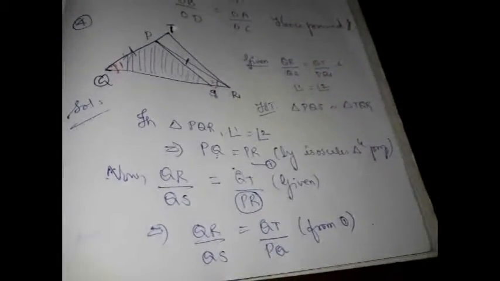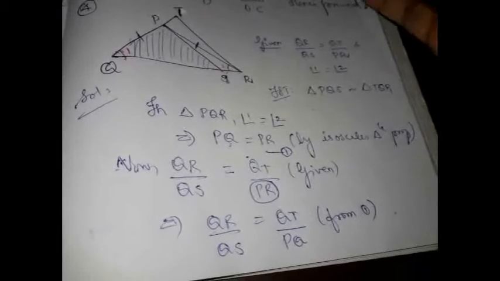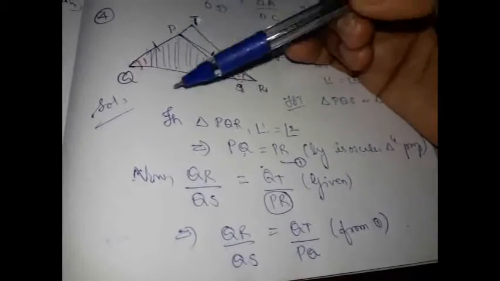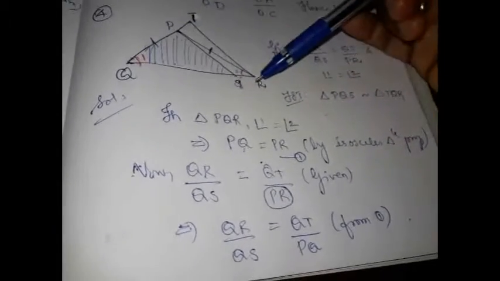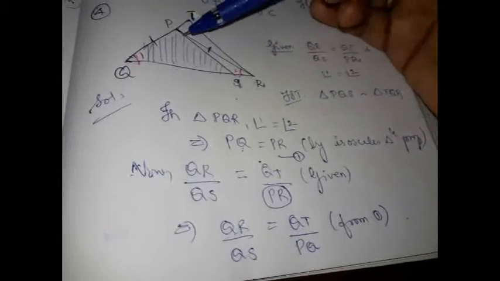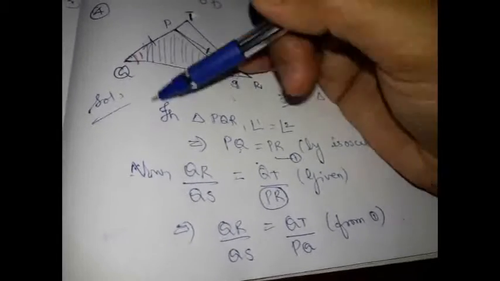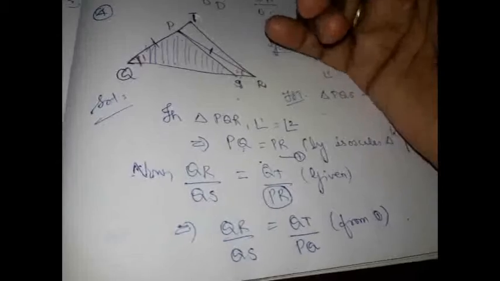Yes. So what we need to prove, actually, is that triangle PQS is similar to triangle TQR. If we want two triangles to be similar, either all three angles should be equal, or three sides should be in proportion, or two sides and the included angle should be equal and two sides should be in proportion. Now we got a proportion of two sides. Which two sides? QR, QS, QT, QP. And which is the included angle here? Angle 1 is included here, and angle 1 is common for both triangles.